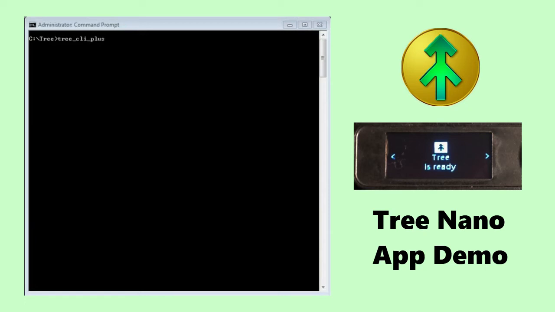Welcome to the Tree command line interface. This is a demonstration of the features of the Tree Nano app and how it interacts with the Ledger Nano line of hardware wallets. In the Tree network system, you are provided with 2 accounts per device, a hot account which